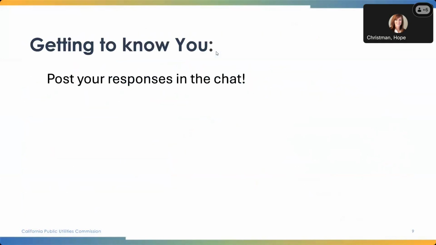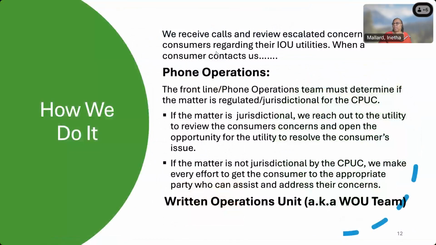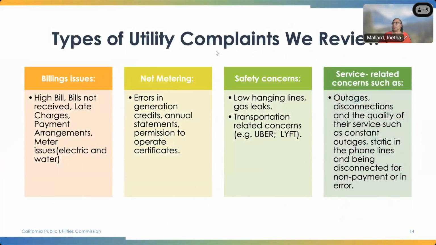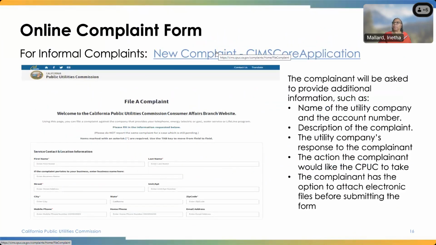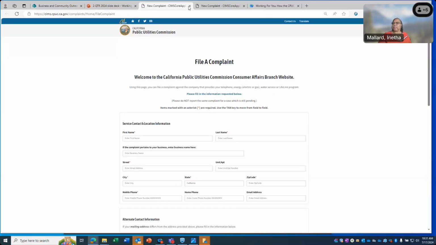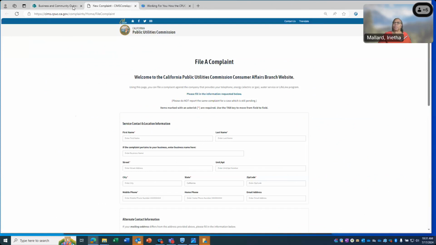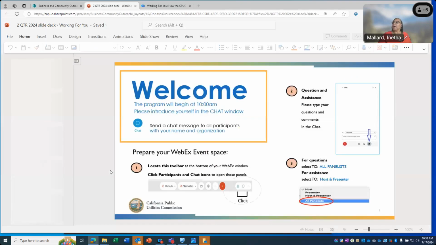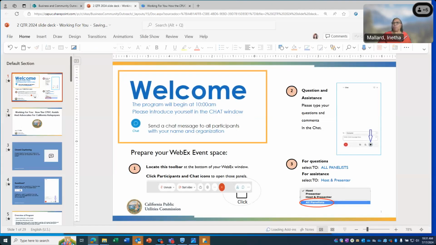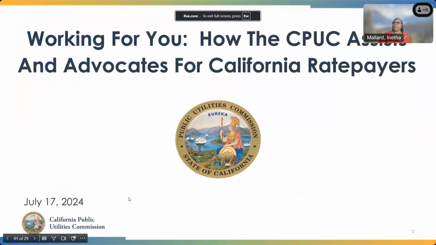Well, because of privacy, we really want the consumer to write into us. However, if someone is a contact for the consumer, they can file a complaint. The problem is when it gets to the utility, if the customer record is not the person that's reaching out to the utility, that's when they have a hard time. If they are proxy or power of attorney, then certainly the utility will work with that third party